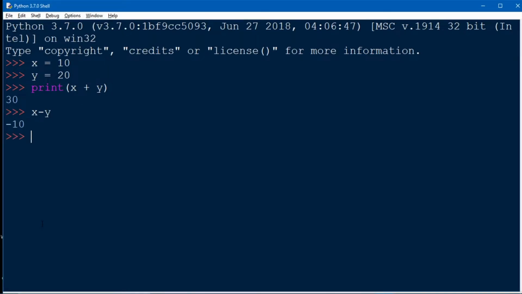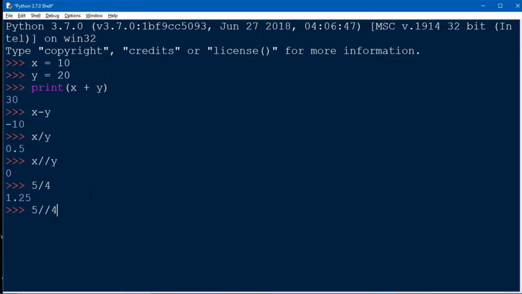As for division, we use the backslash, or a division method. So x divided by y, we get 0.5. What if we want a rounded figure output, or we want our output as an integer? So we use floor division. Okay, so for floor division, we have to take a double backslash. Let me show you. See, we get output 0. Let me show you one more example. If we divide 5 by 4, we get 1.25, and if we divide using floor division, we get 1.